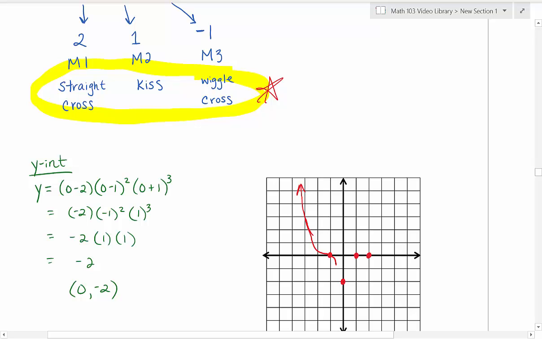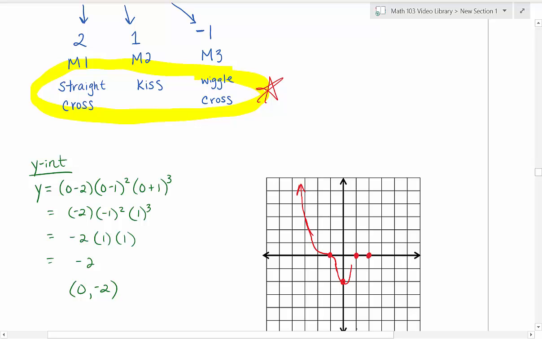I know that the y-intercept is a point on my graph, so my graph has to go through that y-intercept. Now, how far should it go down? We'll learn that in calculus. In this course, we're just doing our graphs in a general sense. So make sure that you loop down and hit that y-intercept, and then we need to come up to the next point that we know is on our graph, which is